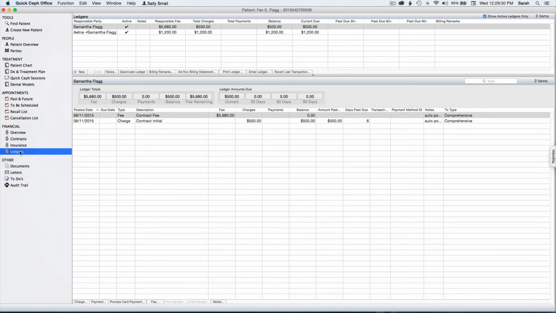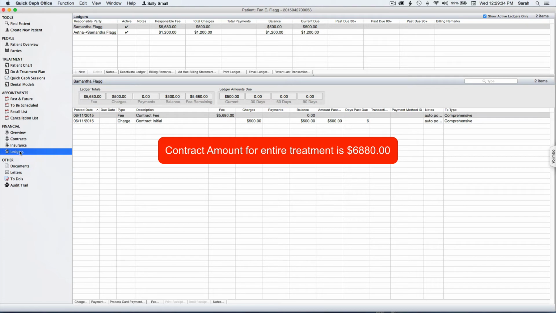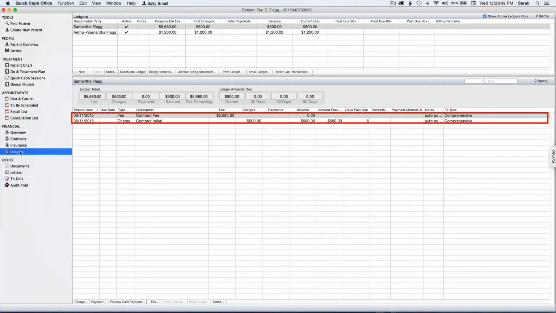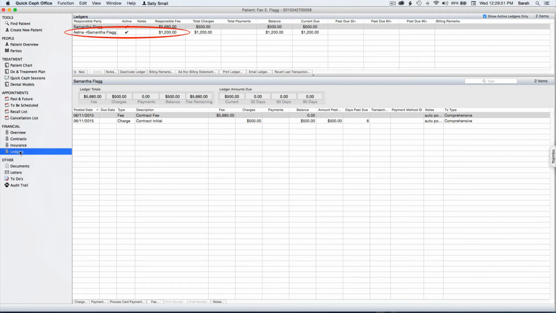coverage. We know that the contract amount for the entire treatment on this patient is $6,880. When we created and posted the contract, the system automatically populated the ledgers with all the necessary information, which is generally treatment fee, initial charge, and any applicable discounts. The insurance company is responsible for $1,200 of the total contract fee, and the guarantor is responsible for the remaining amount,